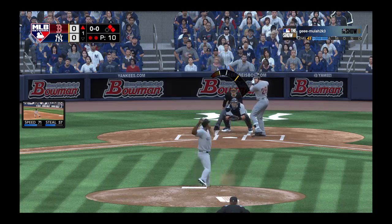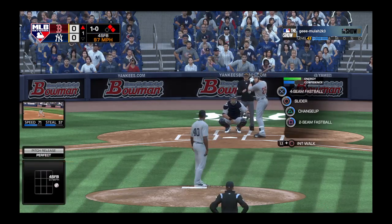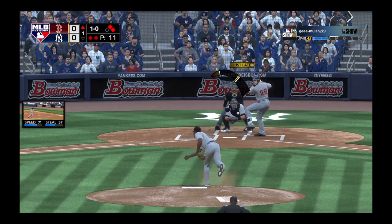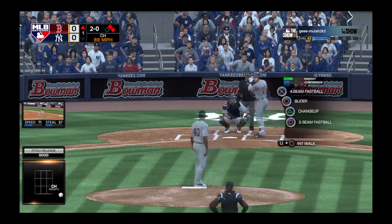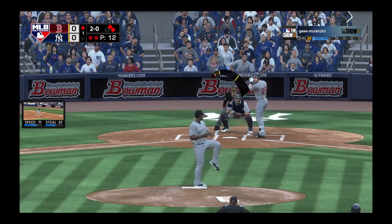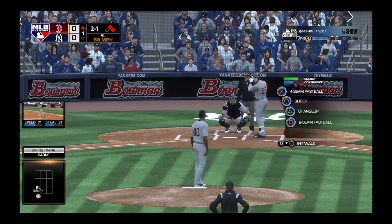Getting a few steps off second there. Now the pitch. And a ball, 1-0. 2 down, runners at first and second. 2 balls and no strikes now to the Red Sox left fielder. Got to find a way to execute either a good fastball down and away or flip something off speed for a strike. You cannot